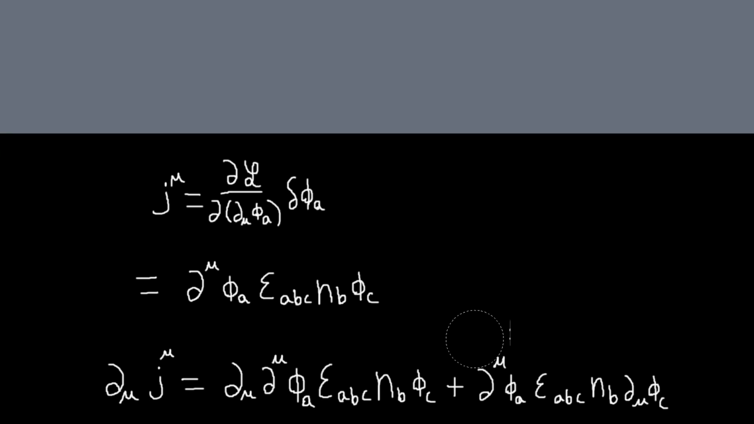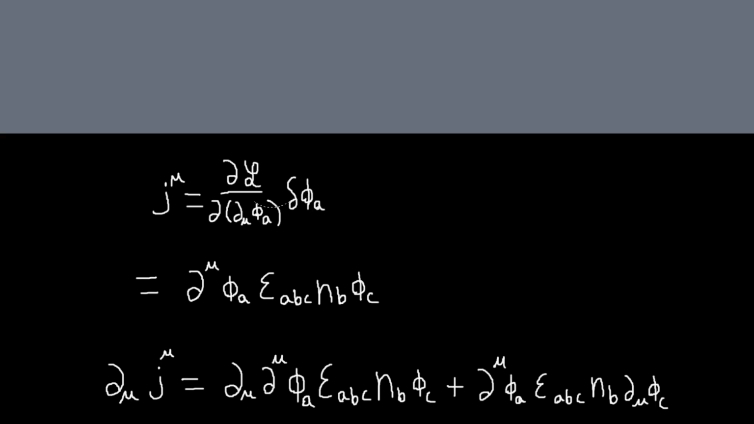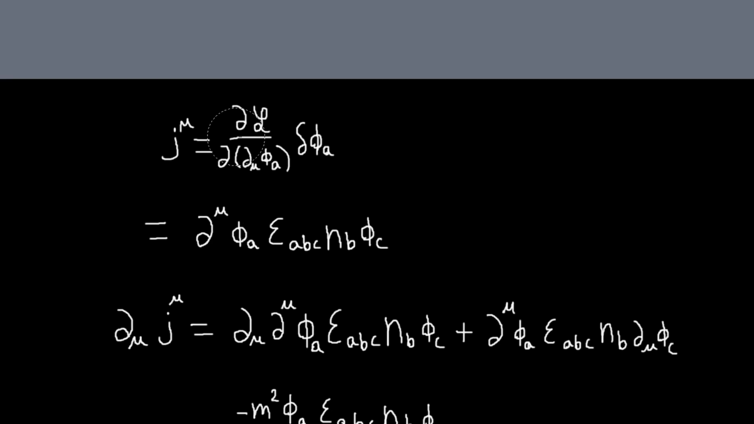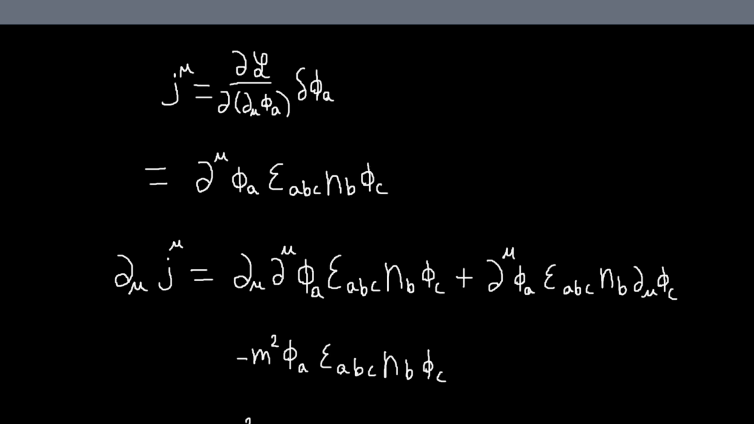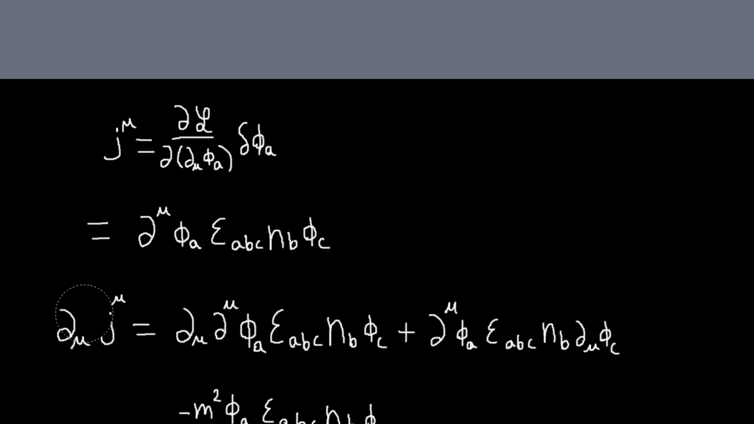So now we can compute our conserved current. Since this is basically just the Klein Gordon Lagrangian, it's very easy to do that. This derivative will just be d mu phi a, and then we're just given delta phi a as this. And so computing the divergence of J here,